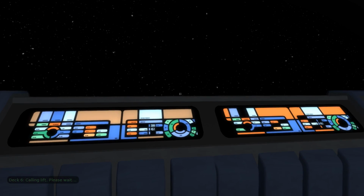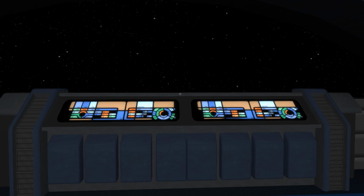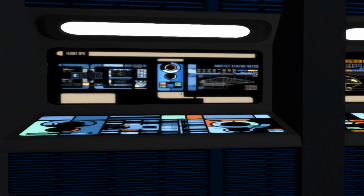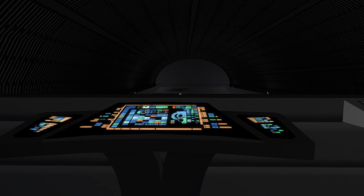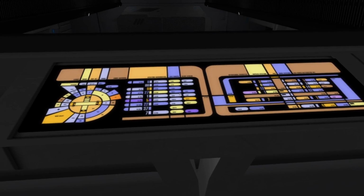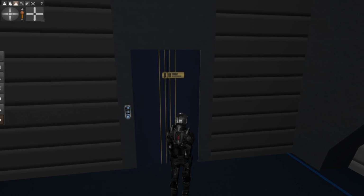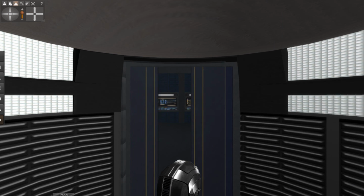Okay, this was flight control, I believe. Got a nice little animated set of consoles here. Out in the deep space. I think that might be like a docking area down there, I'm not quite sure. Alright, let's go ahead and head on. Okay, deck 6 is the one we started on, so...